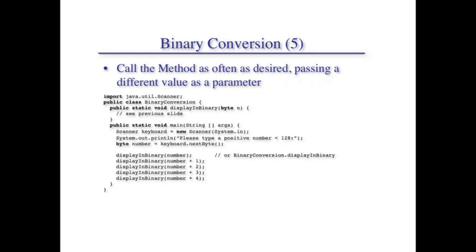And one thing more: this is the class which is known as binary conversion, and we have a static function defined here, display in binary. So here we can call this method directly inside the class without having the name of the class written over here. As we are calling this method inside the same class in which it is declared, we need not provide any class name before the name of the method.